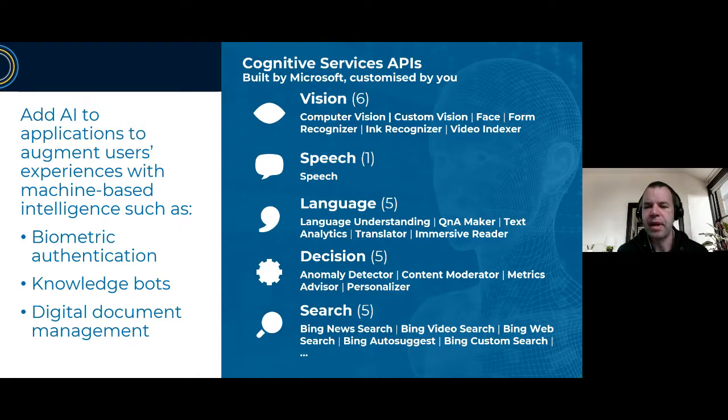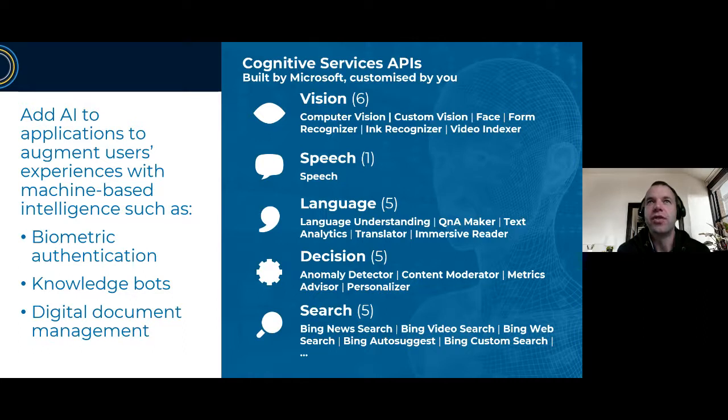The only other one I will mention here is Content Moderator. I'll provide a demonstration if we have a few minutes remaining in the session later. Content Moderator is a Cognitive Services API that assists with the analysis, classification, and review of content that might be considered offensive, risky, or otherwise undesirable, in images, text, and videos, where that content may be provided by people outside your organisation or even inside it, and where you want to moderate that content before it's published and shared with others. So hopefully that gives you a bit of a feel for what's available